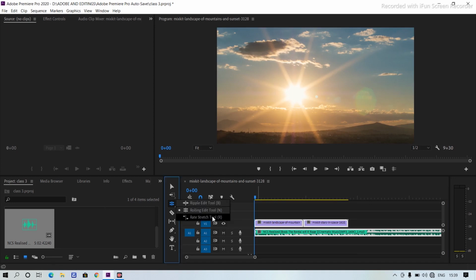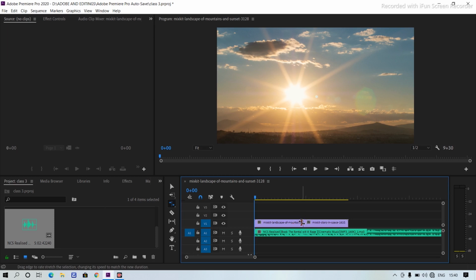Now we have the rate stretch tool, which has the shortcut key R. It will change the duration of a clip while simultaneously changing the speed of the video. It means when you use it, the speed will also be affected. Like when I shift it here, the speed of this video will be in fast forward.